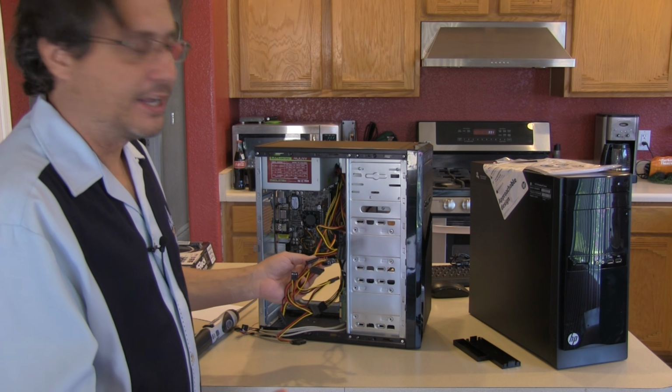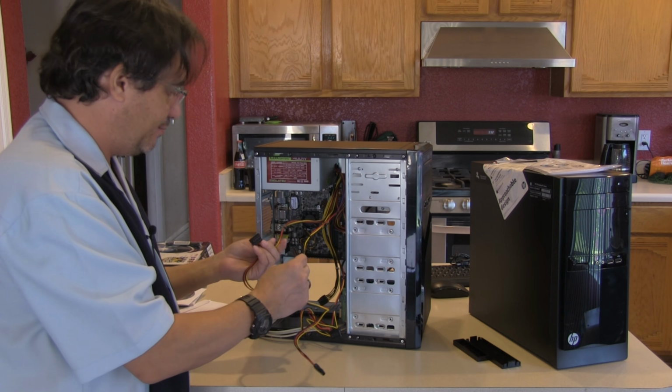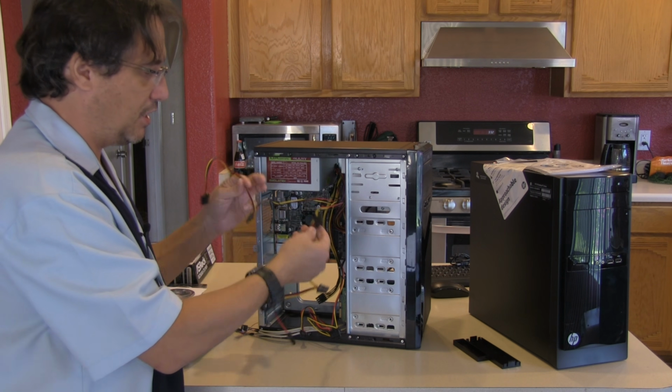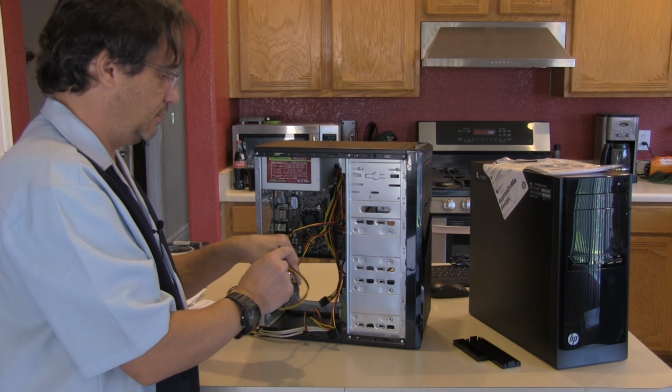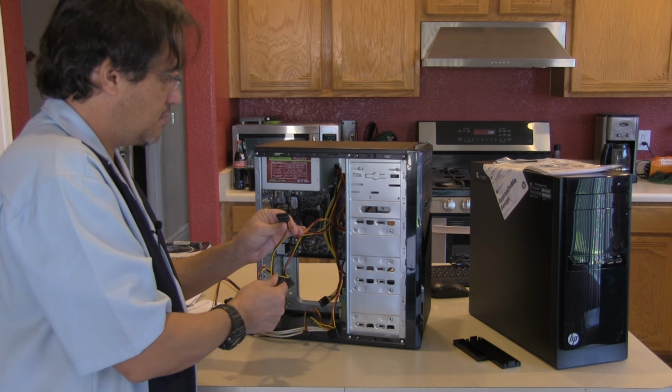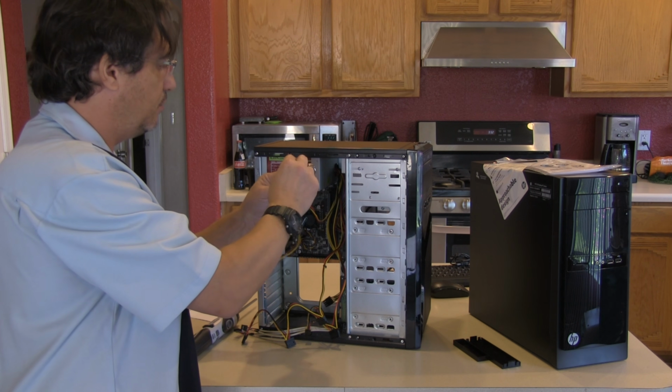Okay, now when it comes to hooking up the power supply, it gives us plenty of cables to use. It doesn't matter which of the connectors we use on which cable. If the connector fits, then you've got the right connector. I mean, it's that simple. So we're going to grab one of these connectors here, and we're going to put it right up here into